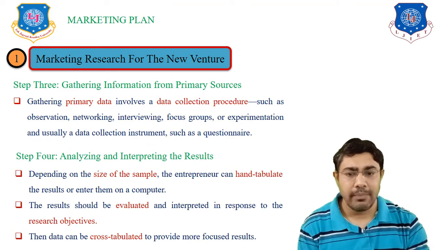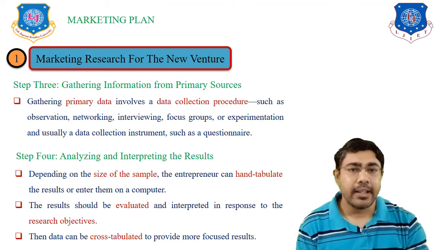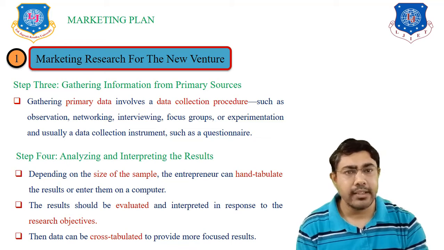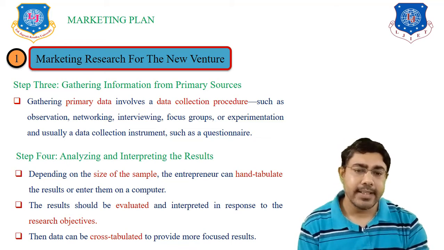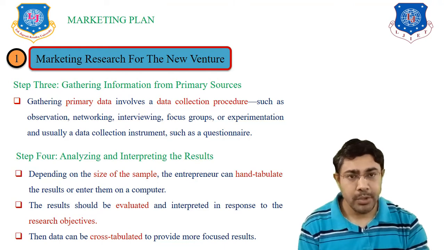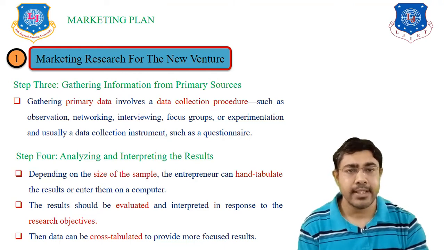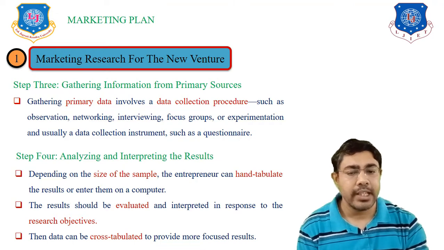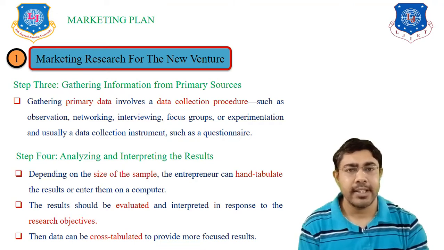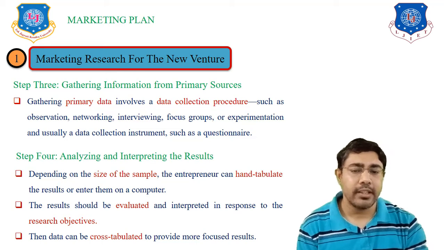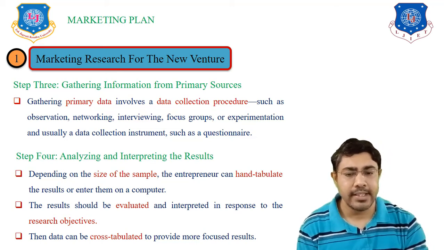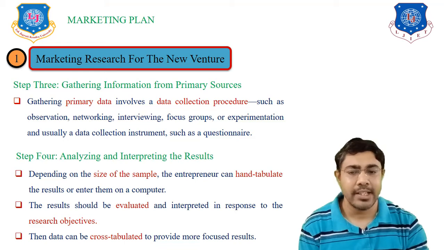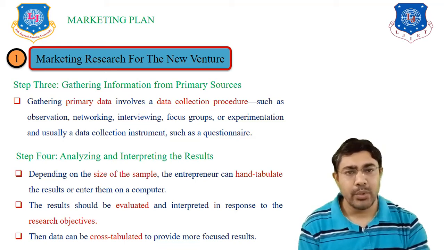In primary sources, gathering the primary data involves a data collection process. So to gather the primary data, a data collection procedure is used, such as observations, networking, interviews, focus groups, or experimentation, and usually a data collection instrument such as questionnaires. So here the data collection processes, such as interviews, focus groups, and questionnaires, are all methods used to gather the